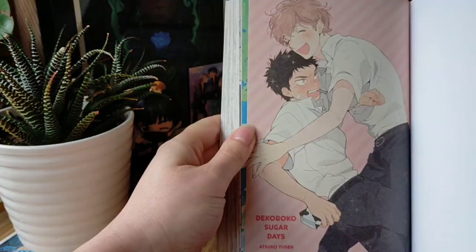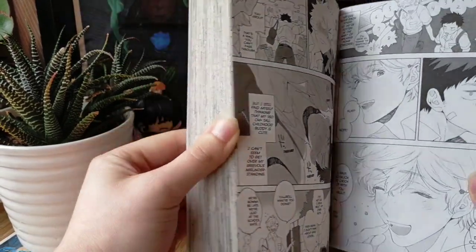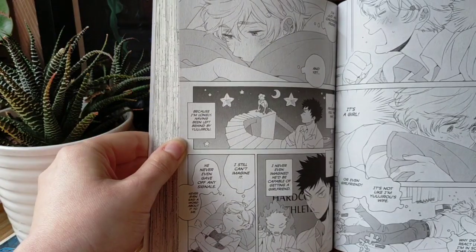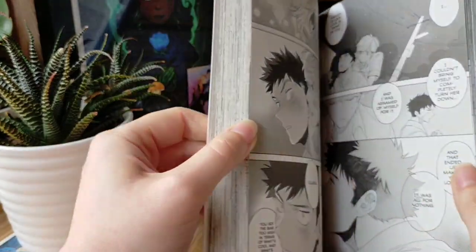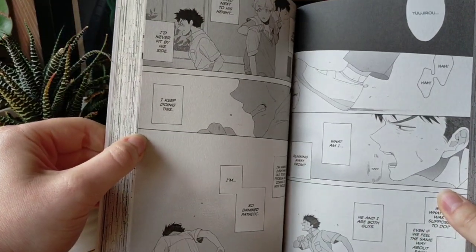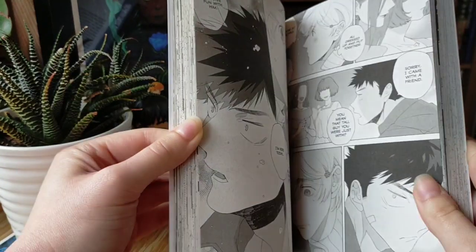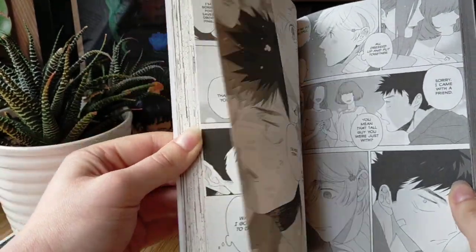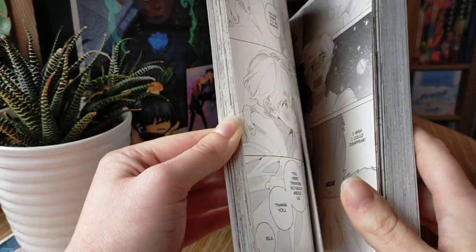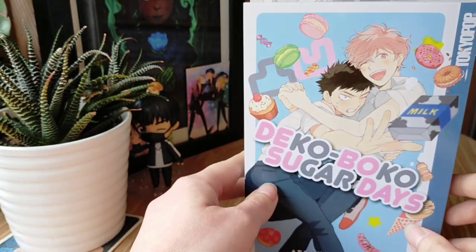It's so cute. Look at it. I love the expressions. I think the art style just helps with the cuteness. I think that the way that they discuss each other's feelings and how the relationship develops is pretty great for this sort of story. It does obviously also focus on sexuality and intimacy, physical intimacy, and